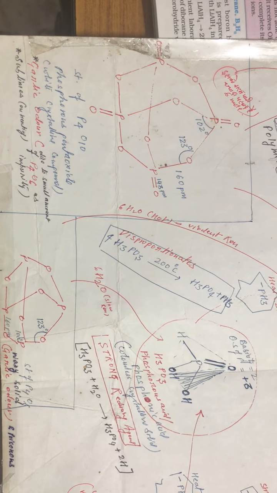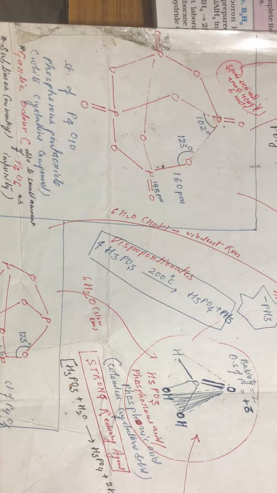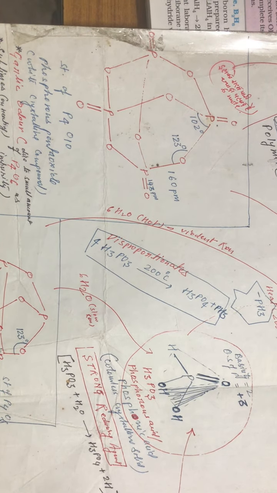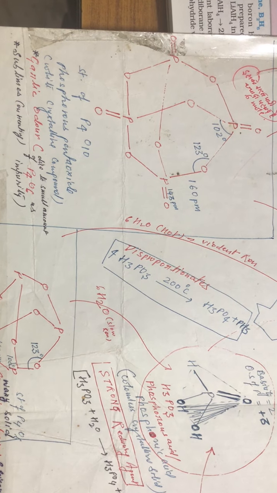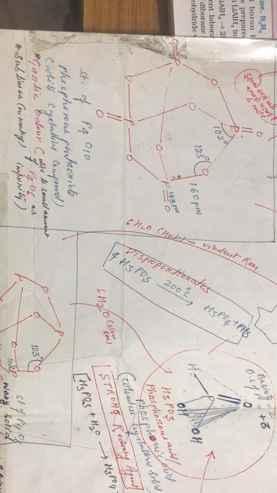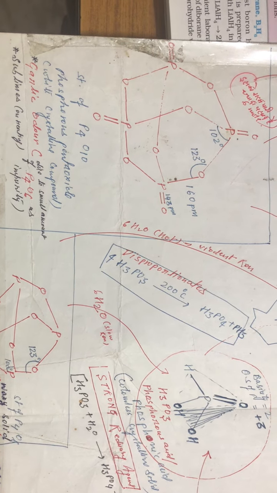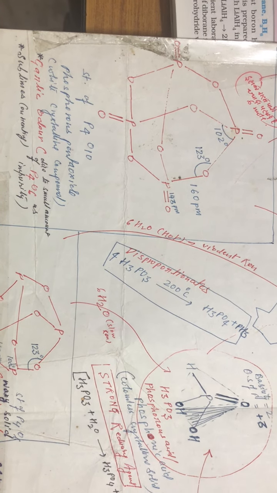P4O10. You can see very clearly P-O-P linkages. Each oxygen has two lone pairs. Phosphorus is not having any lone pair. It is a white crystalline compound with garlic smell and it sublimes on heating. Okay, it doesn't actually have the garlic smell. The garlic smell is of this